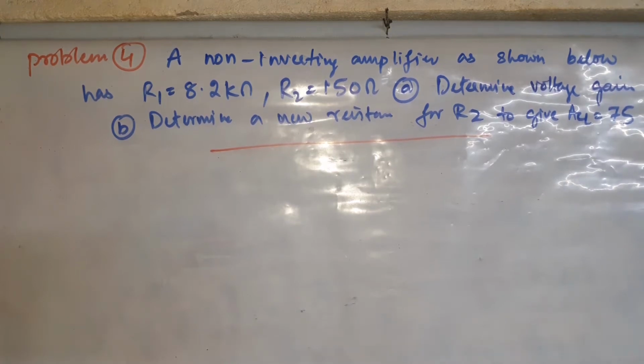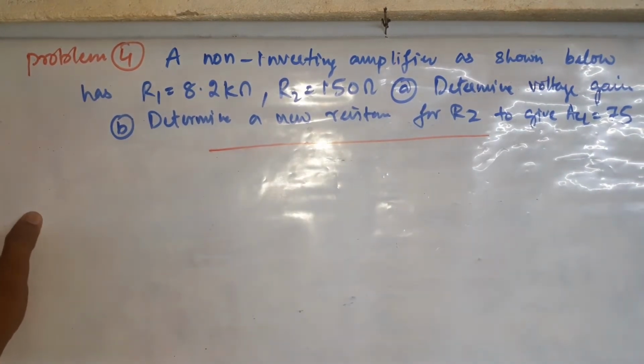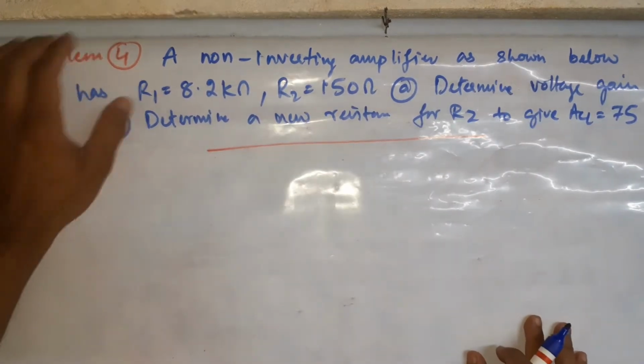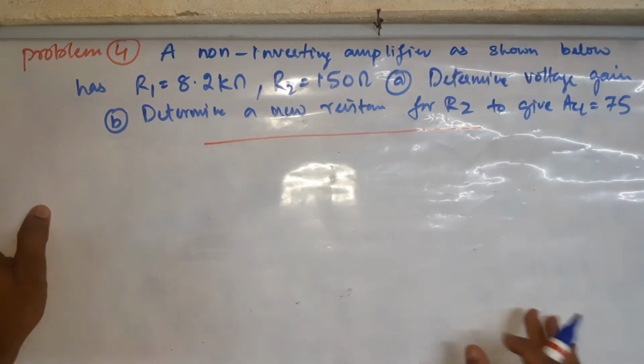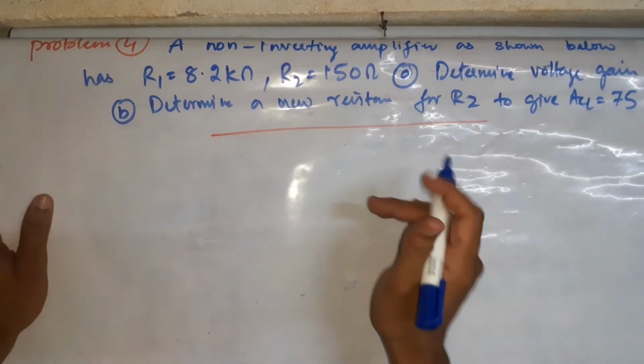Another important thing is the circuit is already given in your question. Why it is important? Because when the circuit is given to you, you have to use the same notations given in the circuit. Otherwise, if circuit is not given, you can use your own notations. Whereas if the circuit is already given in the question, you have to use the given notations in the questions itself. You cannot alter the notations.